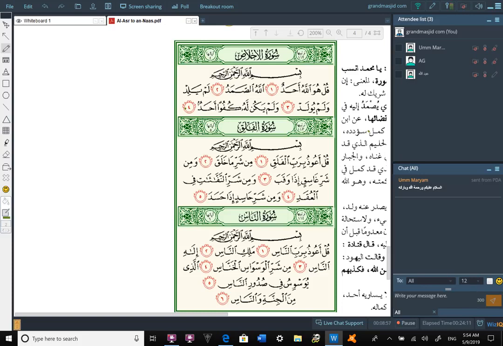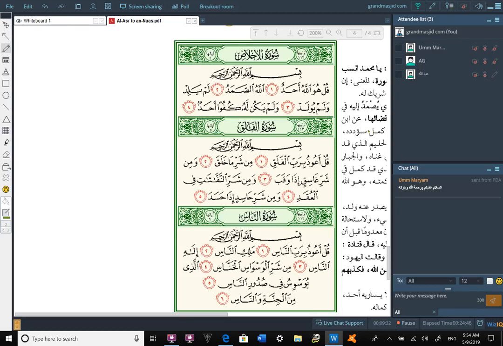Walam yulad. Walam here is harf atf, a particle which makes this sentence fall in line with the sentence before it, or phrase. Lam here has the same function, as we can see the sign of jazm there, the sukoon. Yulad, meaning nor, this is a passive verb, and it means he